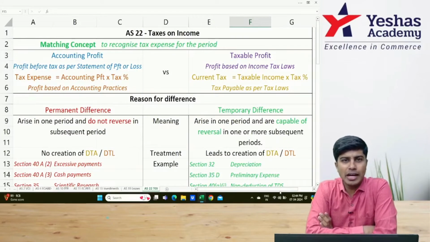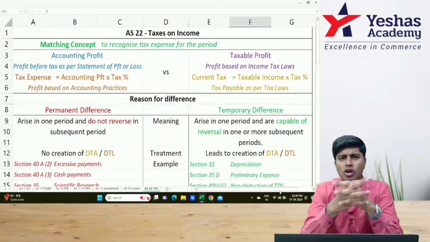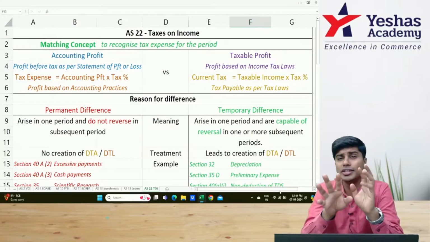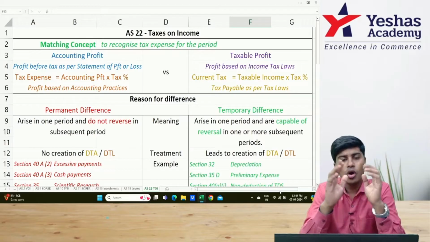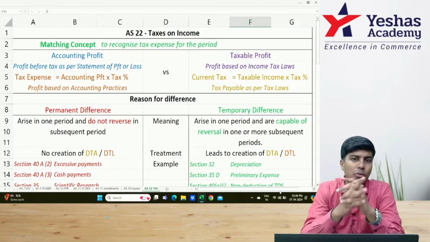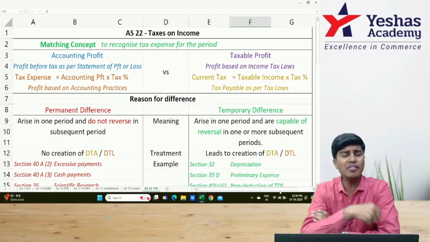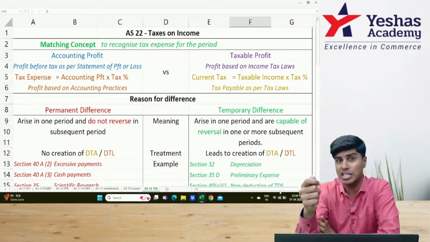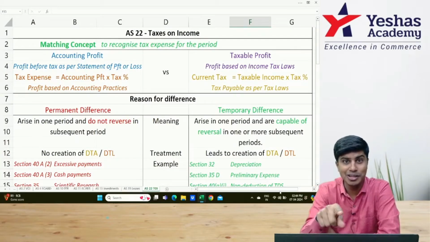Let's quickly revise Accounting Standard 22, which talks about taxes on income. Though the standard talks about taxes on income, we are not going to discuss indirect taxes in this standard. All we're going to discuss is only and only about direct taxes. The way we compute the tax amount that should be paid as per the Income Tax Act 1961 is also told under